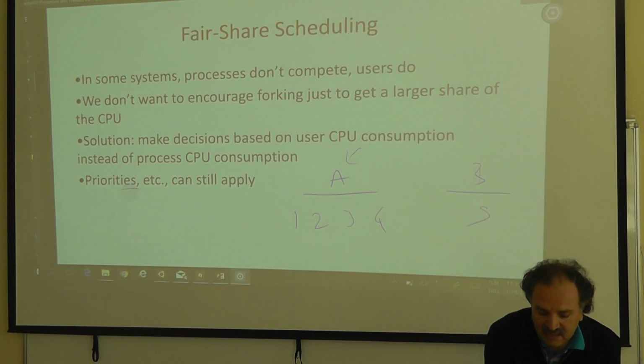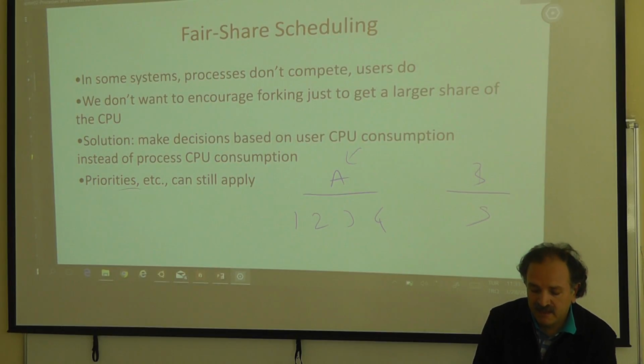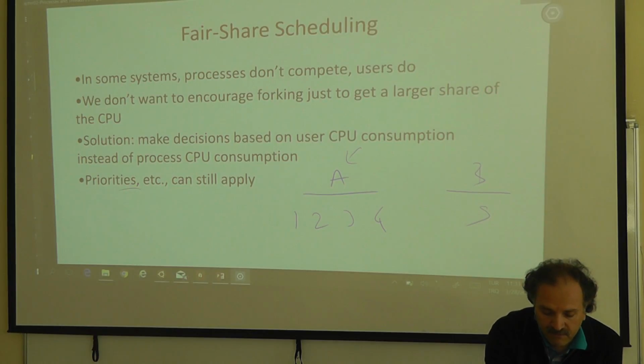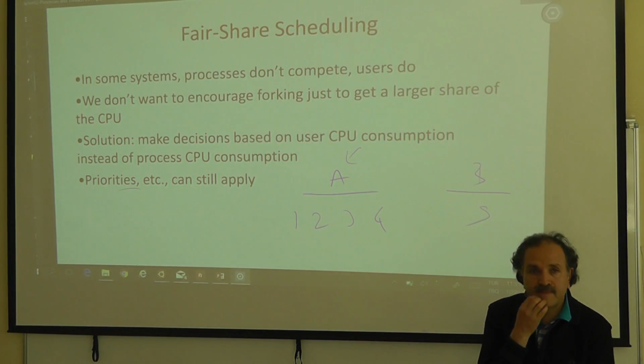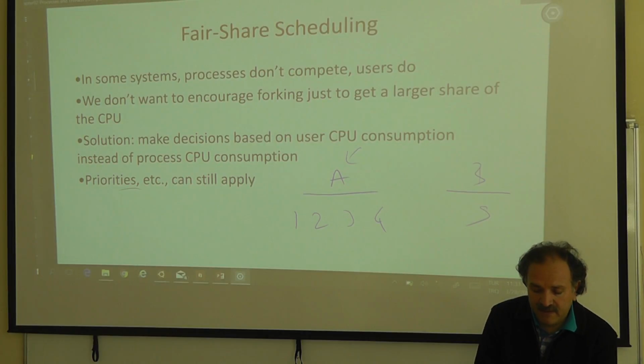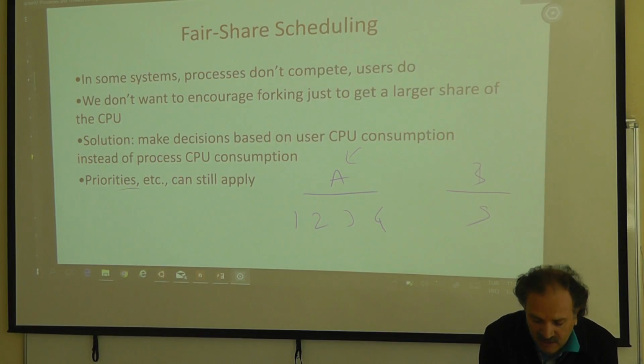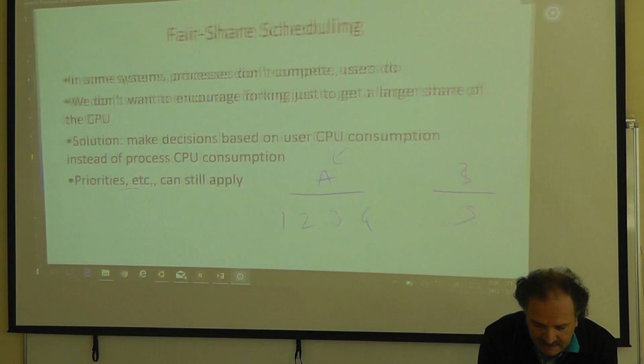Again, priorities can still apply. If the processes of user A are too many, then I can lower the priorities of these, but keep the priority of this one higher because this one has only one process. Okay, so this is called fair share scheduling. Questions? These are very simple algorithms, and each of them has a different point of view, and usually you combine ideas from different schedulers to make a